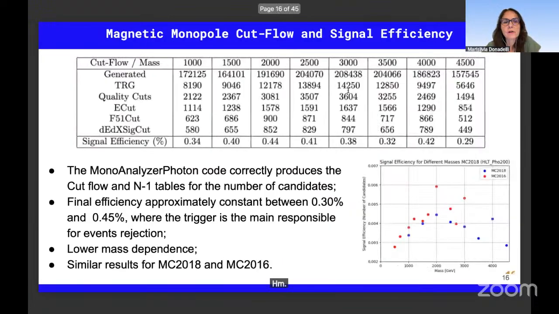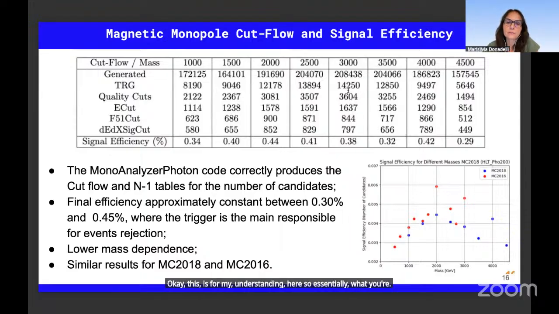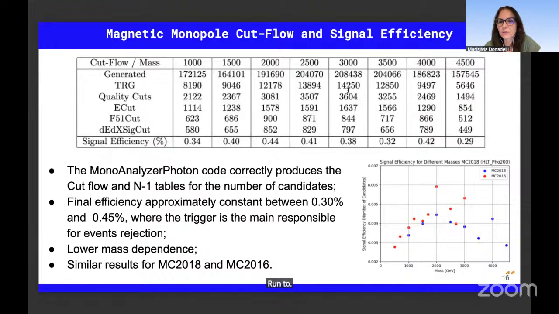Okay, you can move on. Okay, so here, this is for my understanding. Essentially what you're comparing here is the simulation you had considering Run 2 results, right? Because you are considering here a center of mass collision energy of 13 TeV, right? So